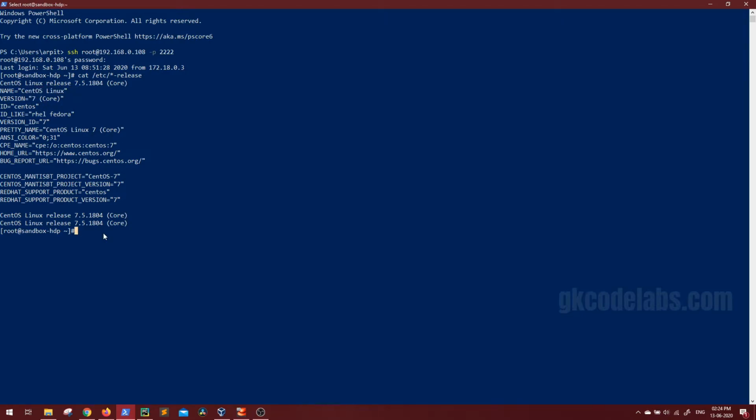So now for putting any file to this system from my local machine, I can use the command scp. And make sure you run this command from the host machine from which you are trying to put the files. Right now I am inside my HDP Sandbox already, so I have to issue this command from my local.